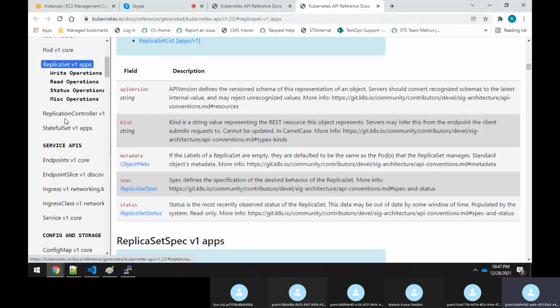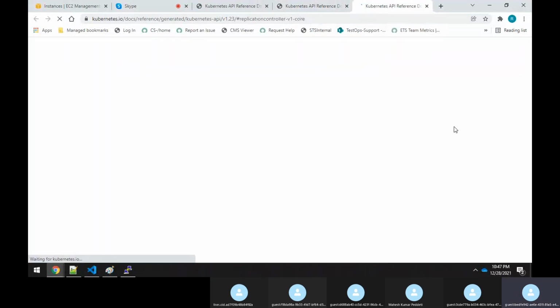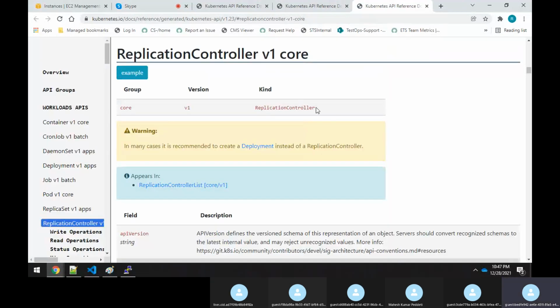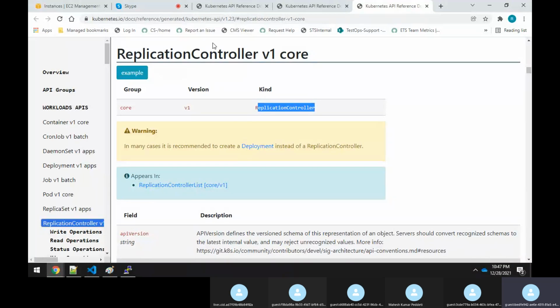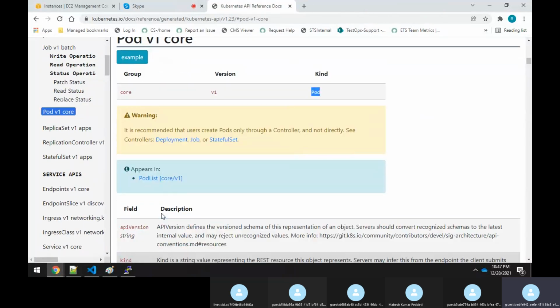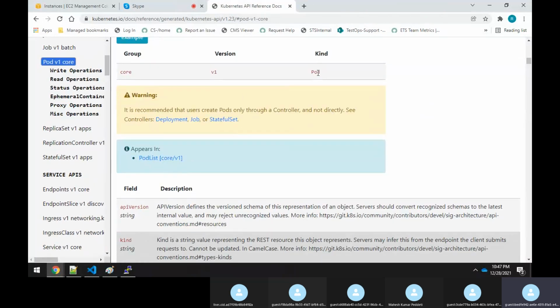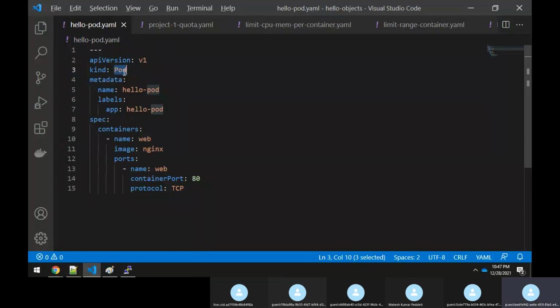Similarly, whenever you are writing a replication controller, the type is ReplicationController. We will see it later. What I'm trying to tell you is that whatever the kind you have, you have to put it over here. Same thing, kind: Pod.